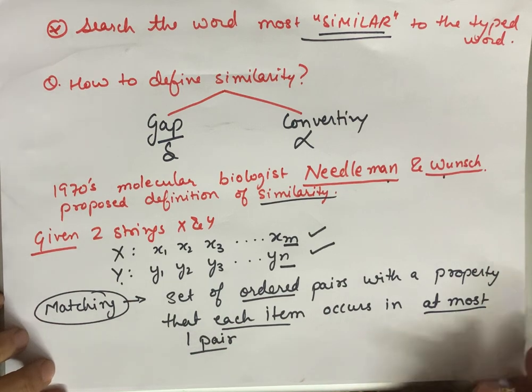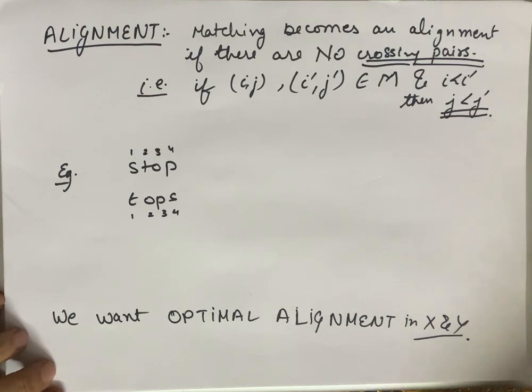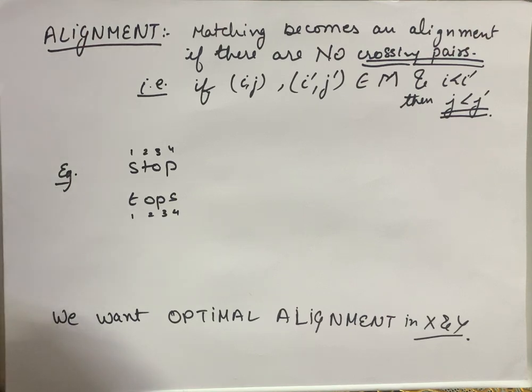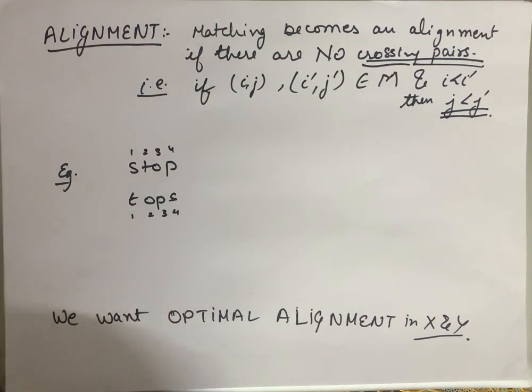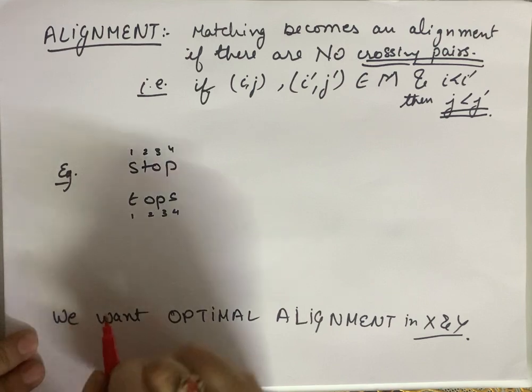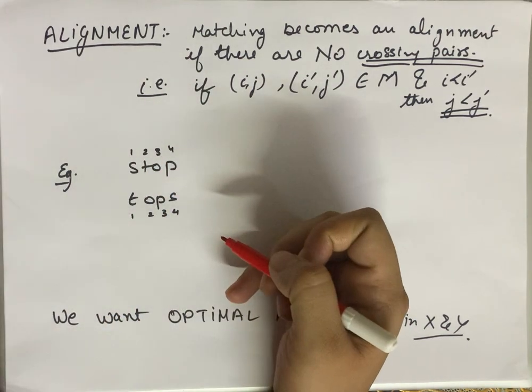क्या बोल दिया? Let us try to understand this with a small example. So alignment we'll understand later. Let us try to understand the matching first. So what do I mean by matching? Supposedly I have two words, top and tops. These are 1 2 3 4 numbers. I am just giving the numbers.